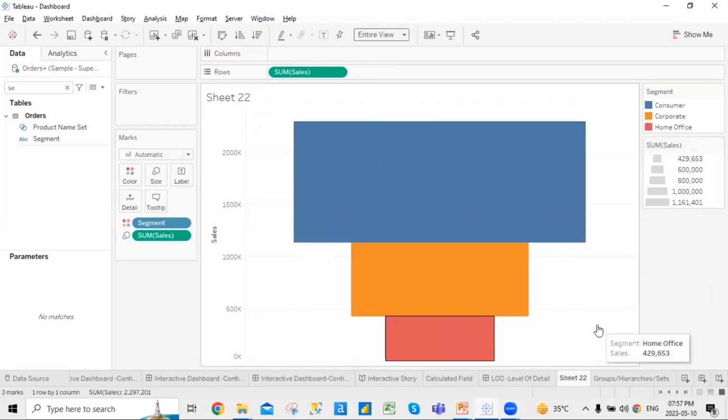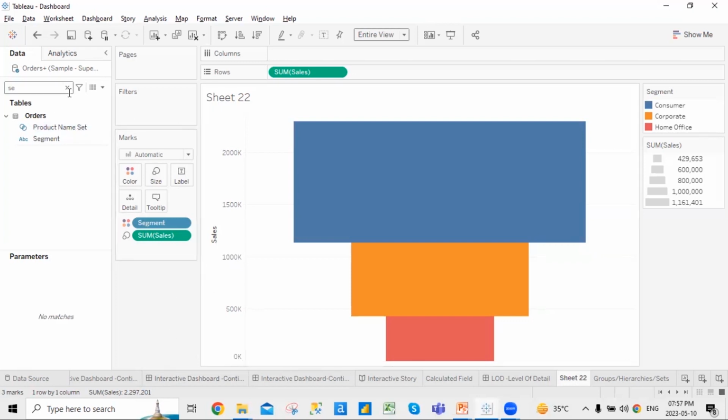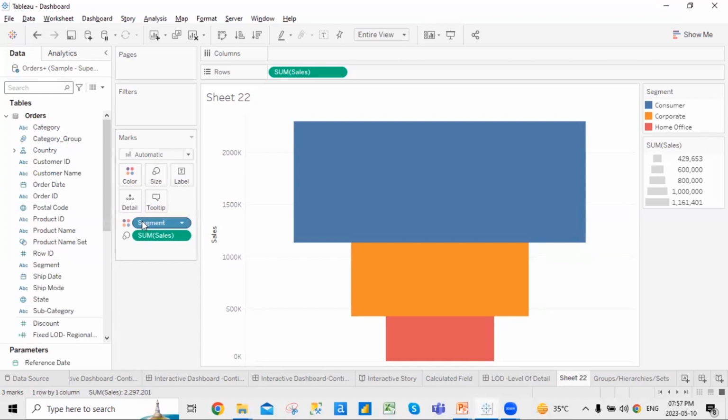You can see that it's a sort of funnel type of thing that has been created, and now it appears like a funnel. Now I will add both the segment and the sales on the labels. I'll take the segment and put it on the label, and I'll take the sales and put it on the label. So now you can see the sales and the segments on the label. That is how you create a simple